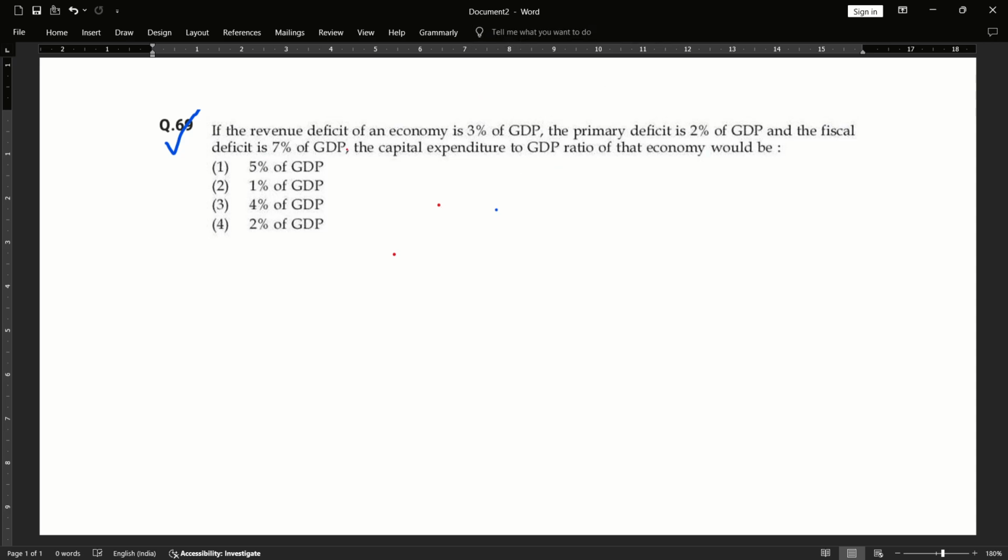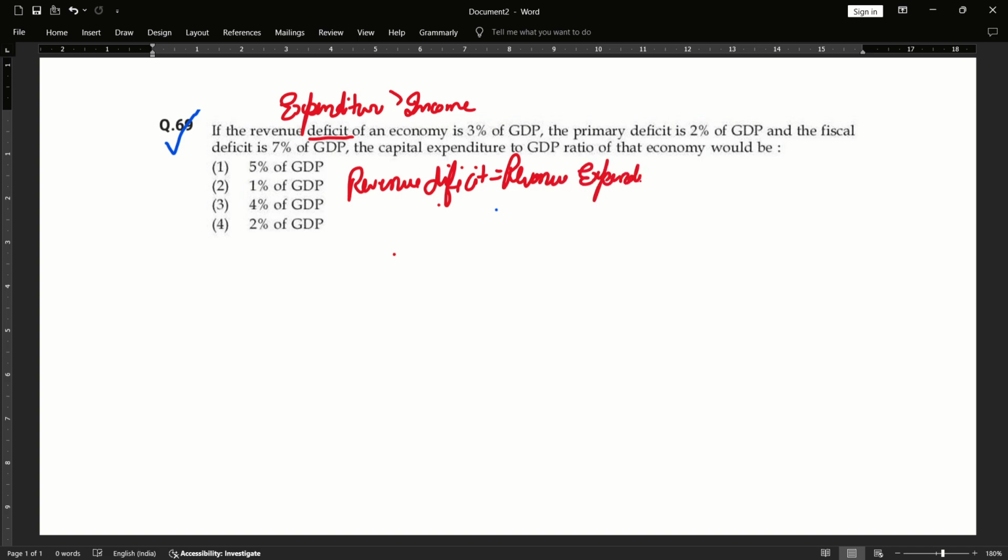This is question 69 from UGC NET 23. The question states that if the revenue deficit of an economy is 3%, the deficit implies that our expenditure is greater than our income. So revenue deficit is revenue expenditure minus revenue income,